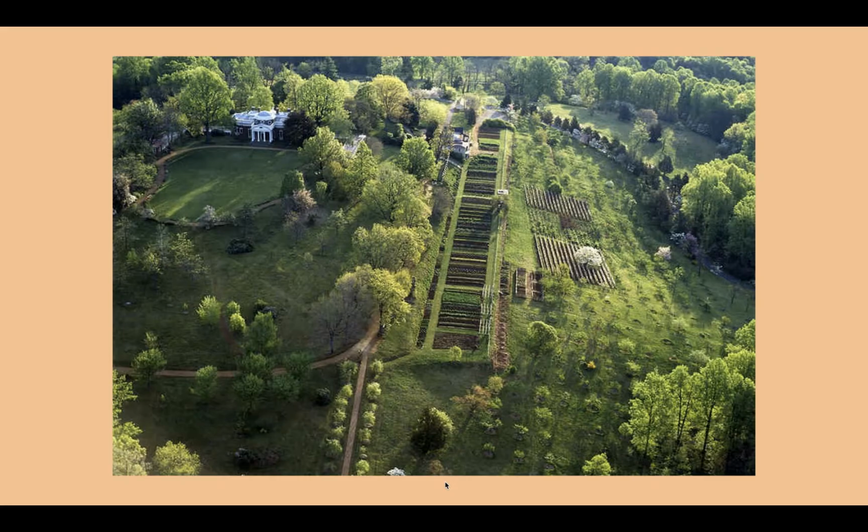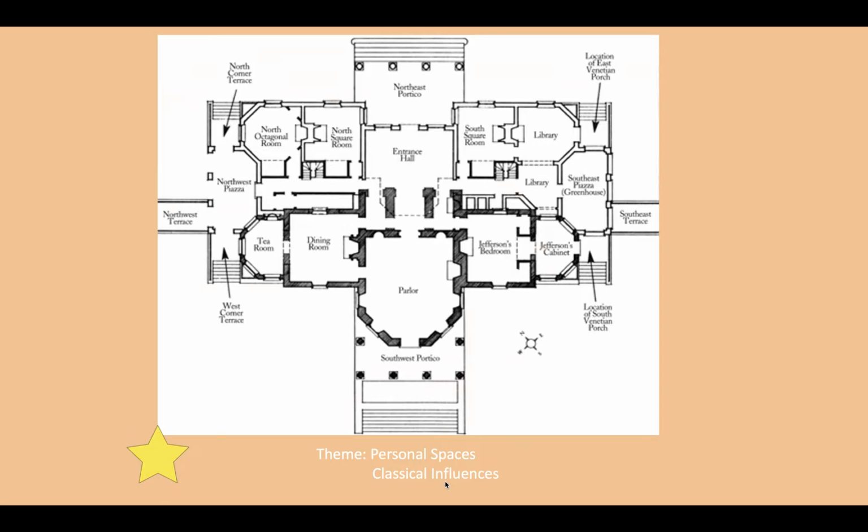It was named for the British. And so he really wanted something different for America and for its construction. And so when he designs his home, he designs it with a very classical